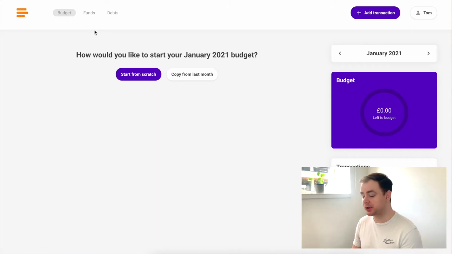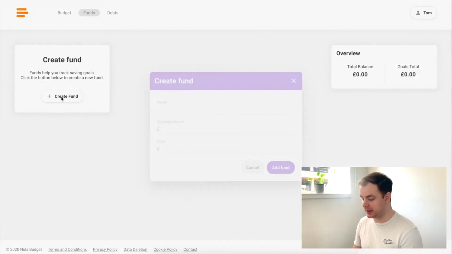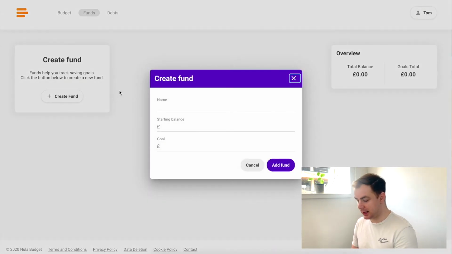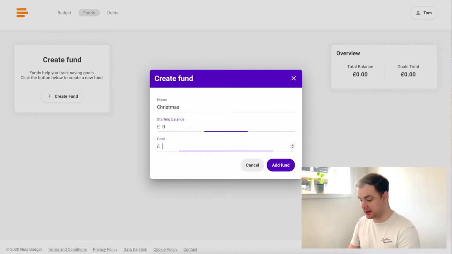So the first thing I would do is go to funds and click on create a fund, and we can see it says funds help you track savings goals. Click the button below to create a new fund. So I'll do that, and for the name I'm going to type Christmas, and right now I'm going to pretend I don't have anything saved,